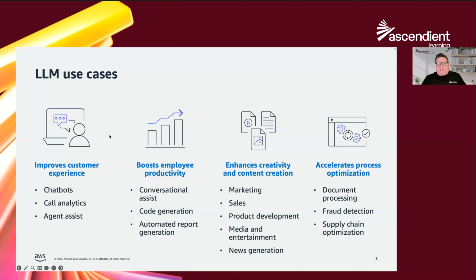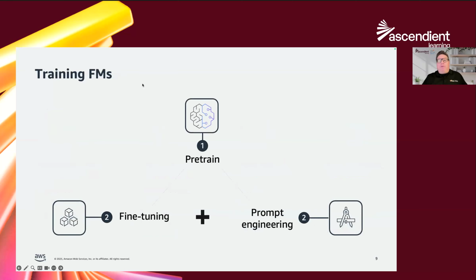Now, the problem is, as I mentioned earlier, jack of all trades, master of none, right? That pre-training only builds a very general model. And how can we get it better at what we need it to do? Well, there are really three different options here. After the pre-training, you could go and do fine tuning. Like we said, I could do the pre-training myself if I've got a whole bunch of computers with a lot of GPUs, go spend millions of dollars and build this huge data center,